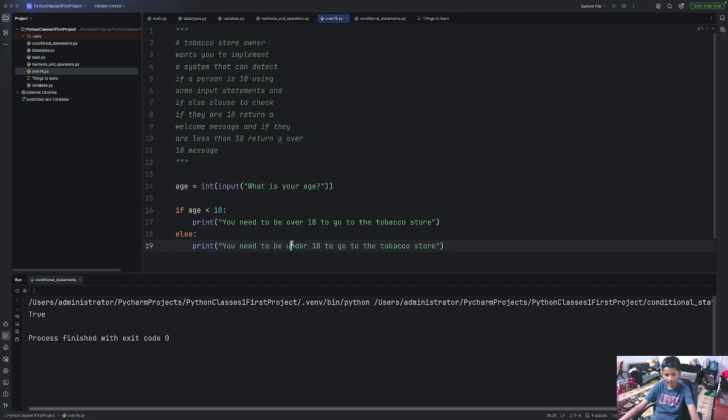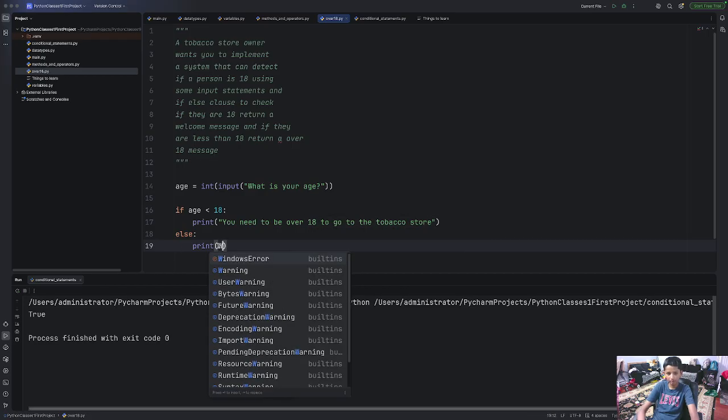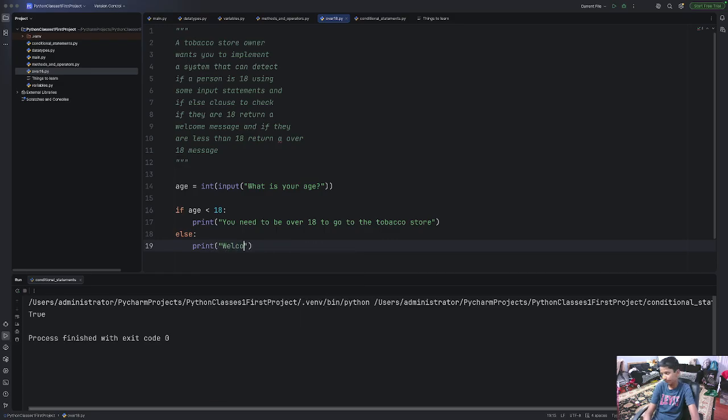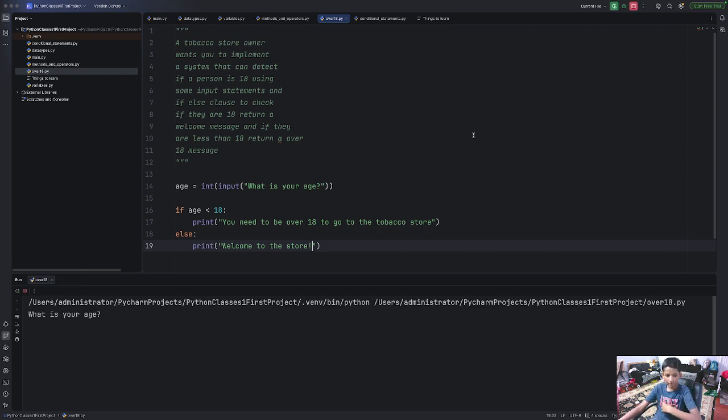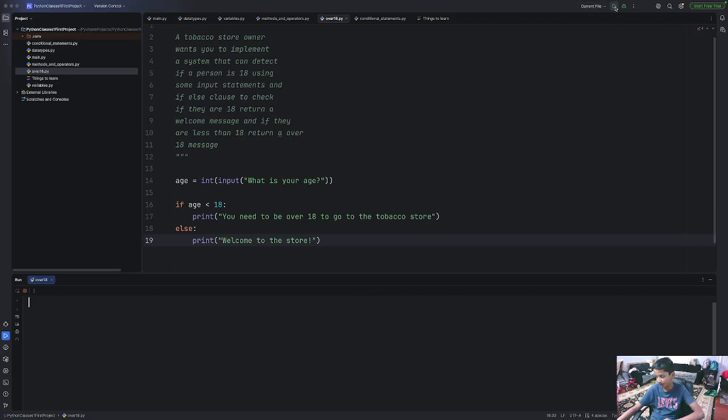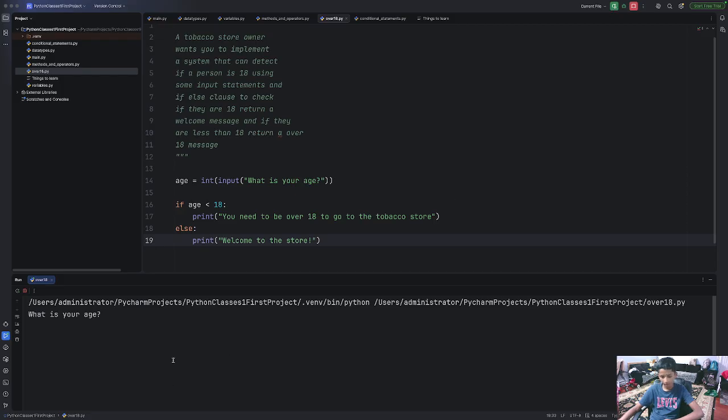And then here you could print welcome to the store. And when you run it, you can see what is your age. And if I write 18, welcome to the store. If I write 4, this is over 18. Okay, simple as that. Okay, so with that said, that's where I'll